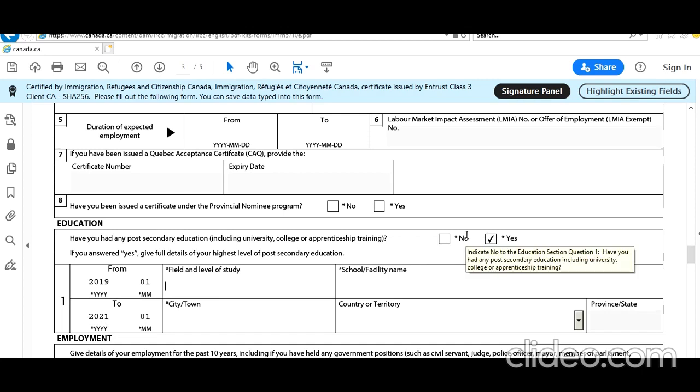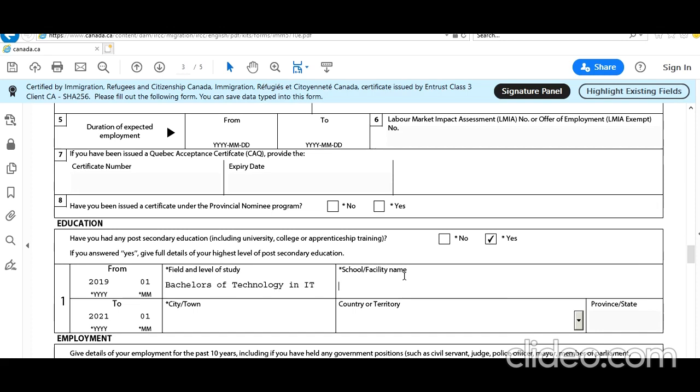Let's say he has studied bachelor's of knowledge. Okay, school. I'm just writing a sample. Do it as per your case. Toronto IT college. City, town, Toronto, country, Canada.